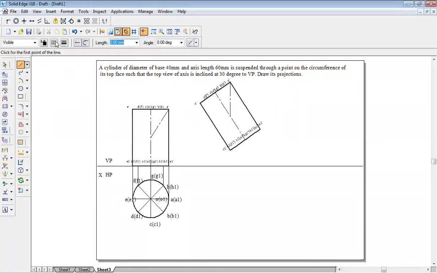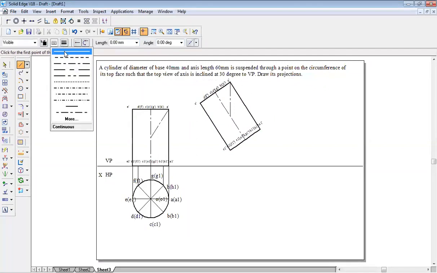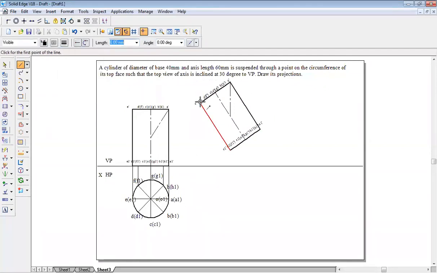Go to the line command, reduce the thickness to 0.05, continuous line. Draw projection lines from each and every corner. I'll move my cursor everywhere here. E point is over here. Next midpoint D and F. F point is over here. D point is over here. The next C, G, O. This is G point, O point, C point. B and H. H point is over here. B point is over here. Last A point. A point is exactly in the center.